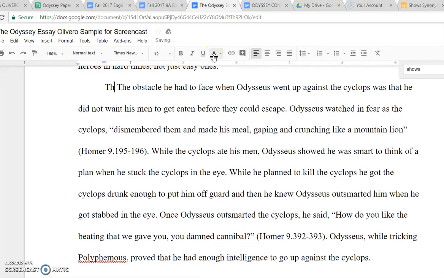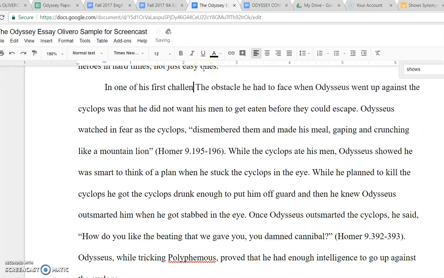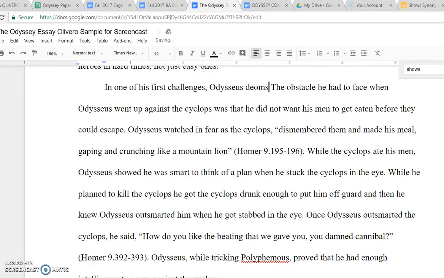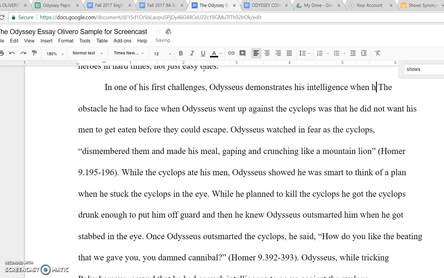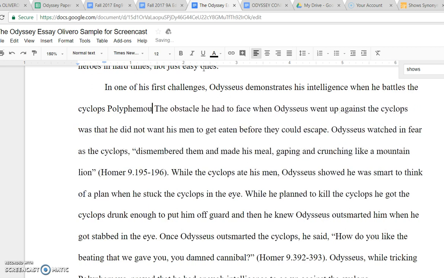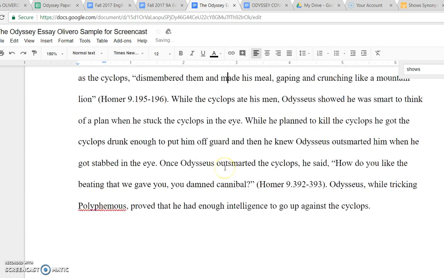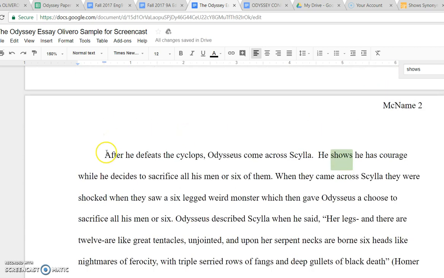Okay, so in one of his first obstacle challenges, Odysseus demonstrates his intelligence when he battles the Cyclops Polyphemus. I honestly can never remember how to spell Polyphemus. Good. Okay. So then my next transition, after he defeats the Cyclops, so I referenced the last thing, that's good,